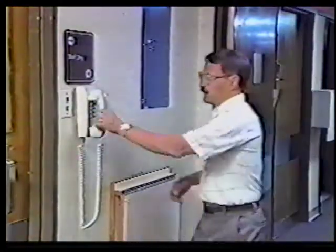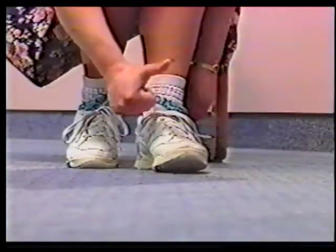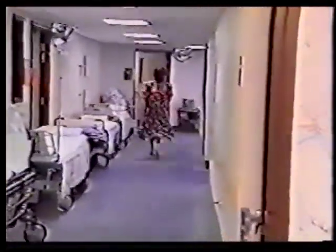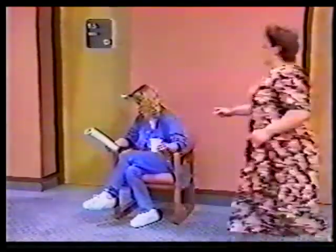In the event of a telephone outage, you will need to determine if just one or all of the phones in your area are out of order. If all the phones are not working, send a runner to another unit to see if its phones are in service. If they are, call the switchboard and notify them of the outage in your unit. If the other unit's phones are also out of order, the runner should go to the switchboard and let them